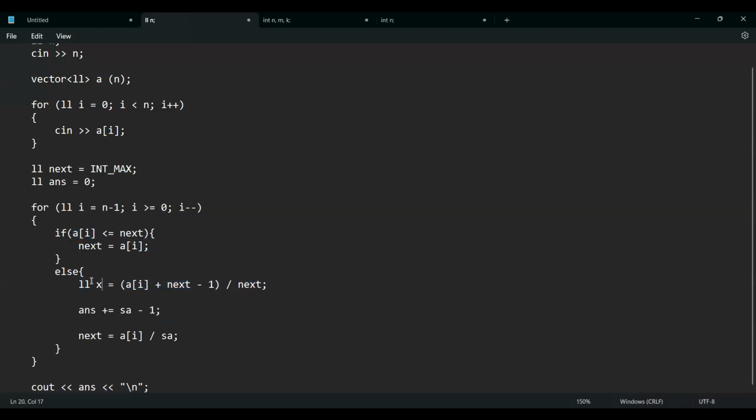So this is just the ceil of ai divided by next. And like I said, this many operations are required: if these are the total number of groups we break ai into, this is the number of operations required to do so. And this is the minimum value that will come into a group,